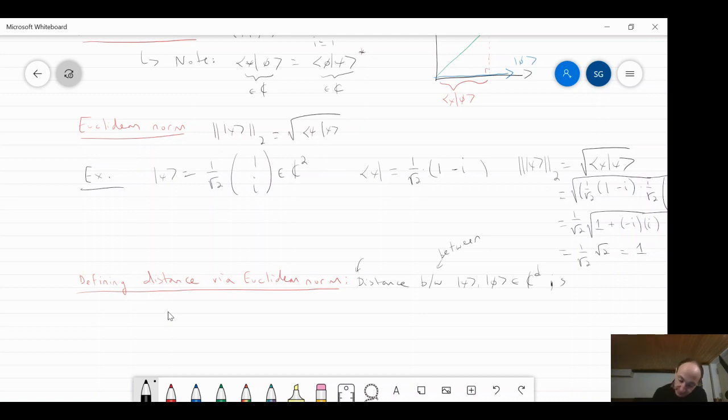And sorry, let me be very clear. In this case, it's the Euclidean distance because it's going to be based on the Euclidean norm. It's just going to be the norm of psi minus phi. And so this is just a vector in C^d. I want to clean that up properly. We don't always get an undo function in life, so now that I have one, I want to use it properly. So this is just a vector in C^d, so it makes perfect sense to plug into this absolute value norm function. And what does this mean?